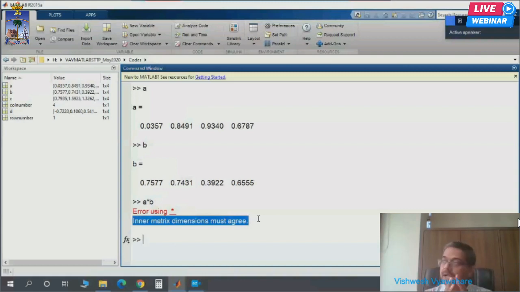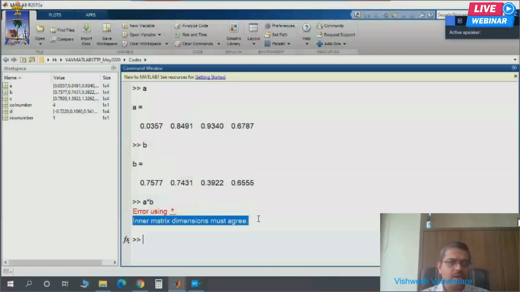Because when you want to multiply two arrays or two matrices, there is one dimension check that you have to take care of. The number of columns in the first matrix or array should be equal to the number of rows in the second matrix or array. Inner matrix dimensions must match. If they don't match, then there will be a problem.